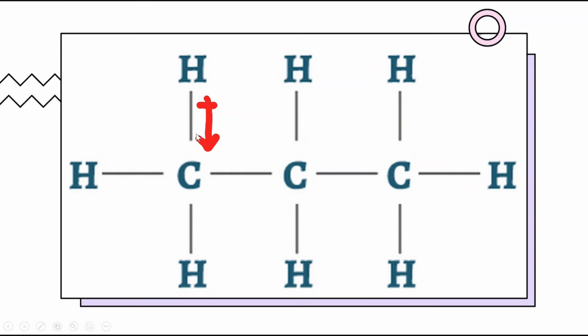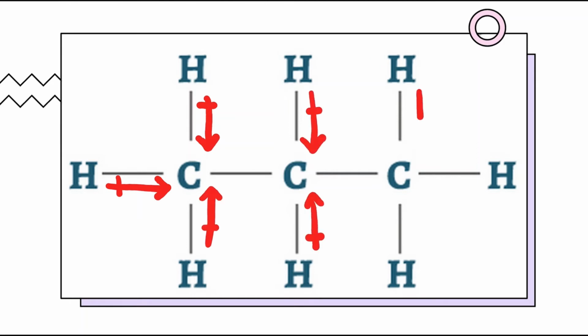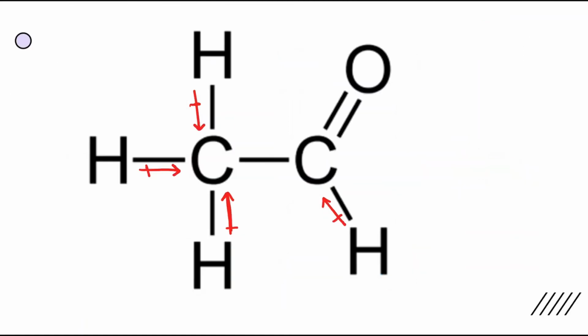So carbon has a tendency to attract electrons towards itself. So we can see the direction of the dipole moment from hydrogen to carbon. Similarly, this one is like this, and for this hydrogen we can similarly say that the dipole moment will be towards the carbon atom. And if you can see the net dipole moment of the acetaldehyde will be like this,